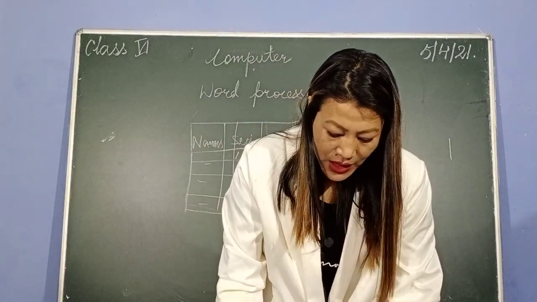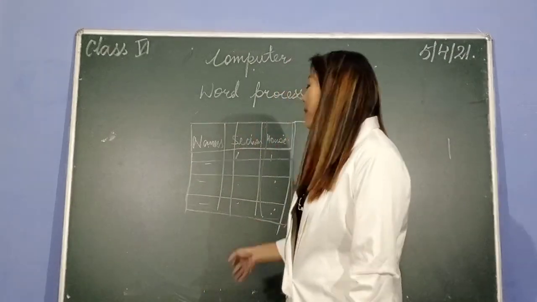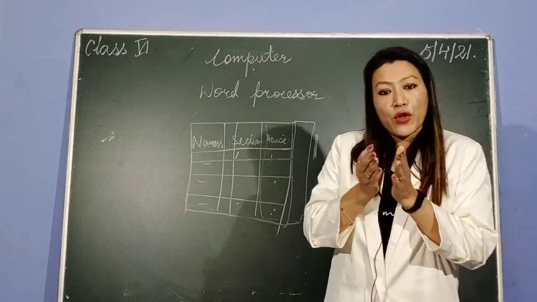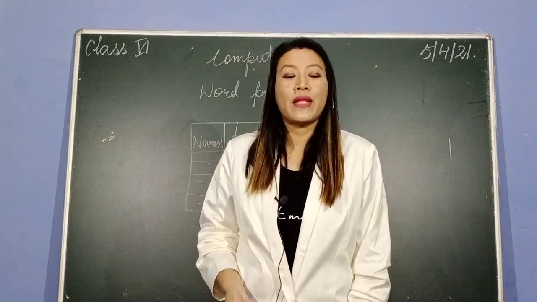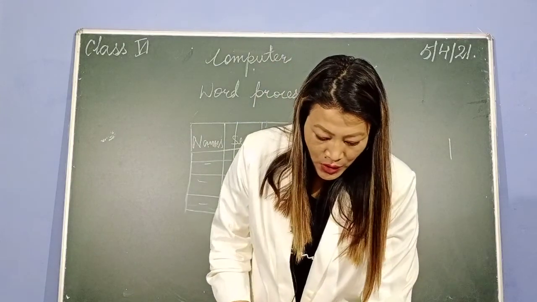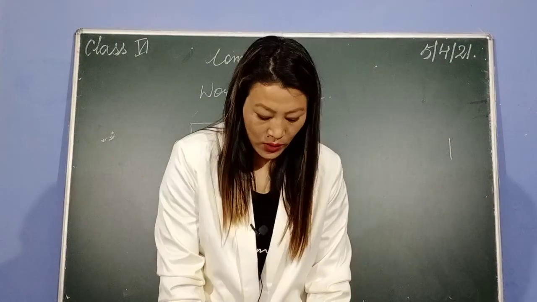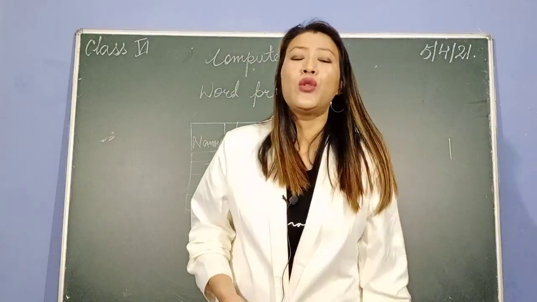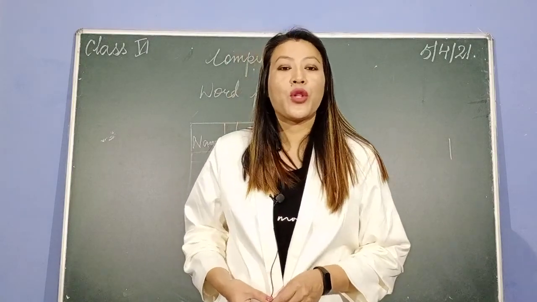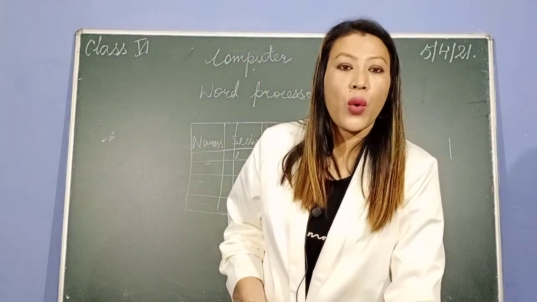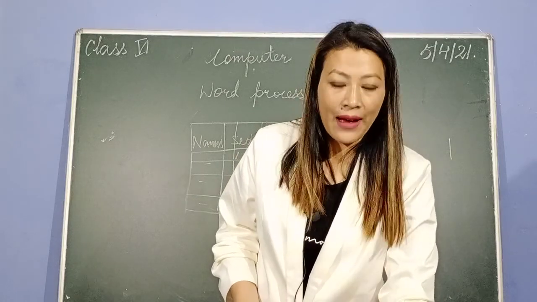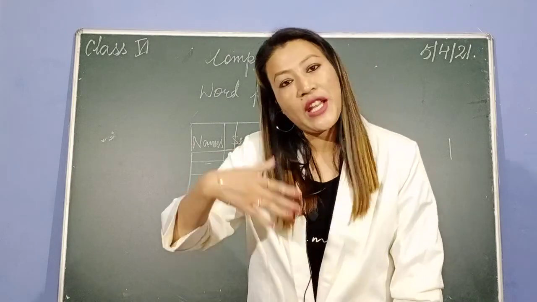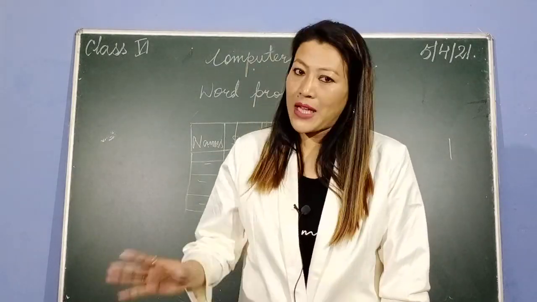Formatting your table, as I told you, you can change the color of the table, and at the same time, if you want to increase the height and the width of the table, that comes under formatting a table. If you want to change the row height from normal, you have to click on the same table tools, and under the table tools you will get an option called layout. From the layout you choose row height and click on the height button. Normally you will get 1.49 centimeter height. You can increase the row height as per your choice.